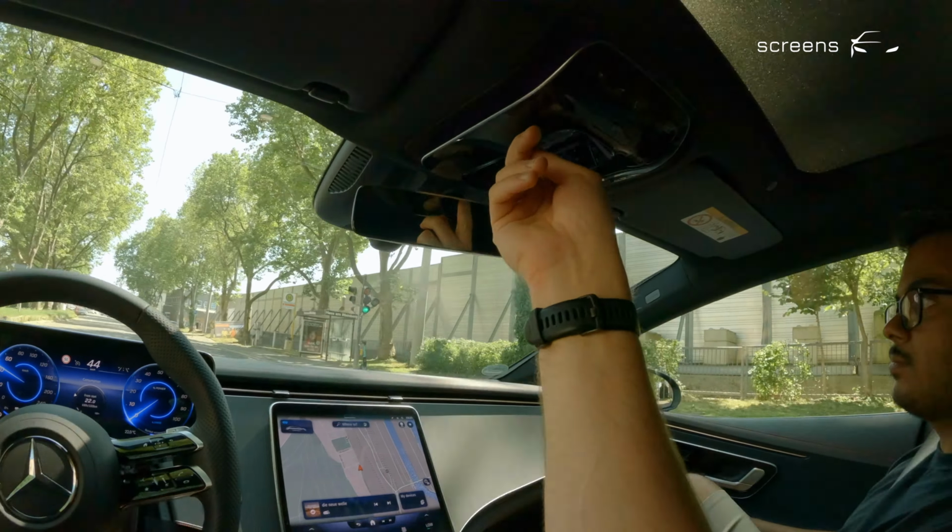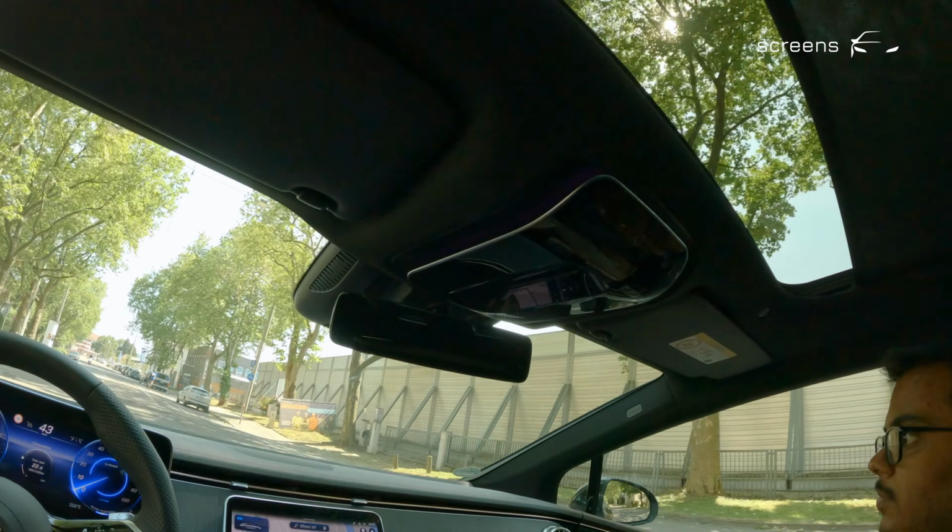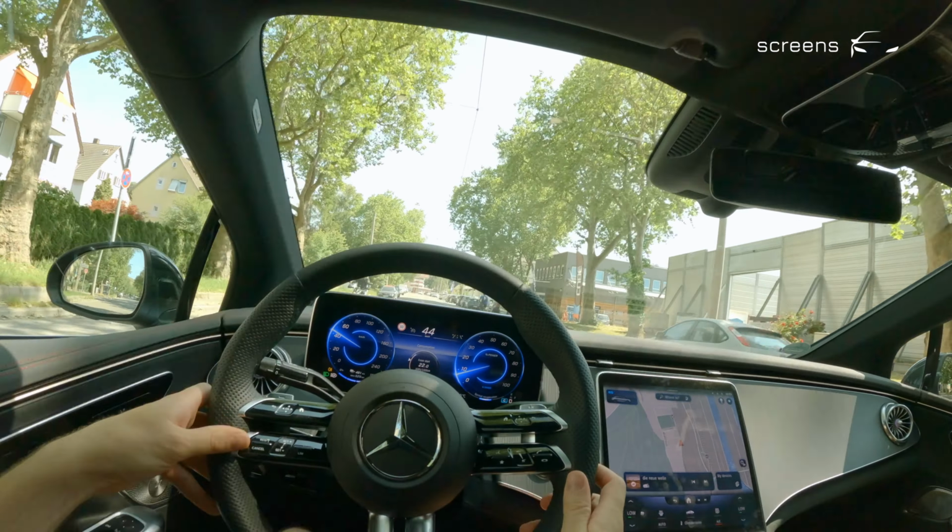Yeah, the optional wheel. So your experience with the regular version might be completely different. I recall that on the EQS you didn't have to stretch this much. No. I think over here it feels a little bit like a PlayStation controller. For me, I have to stretch my hands really to access the controls. True. If I had to give a verdict, I would say it's a bit too much. Yeah. But on the other hand,